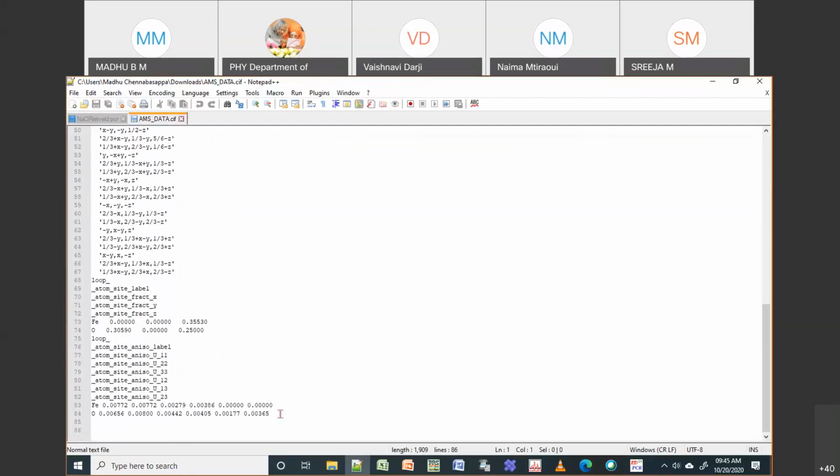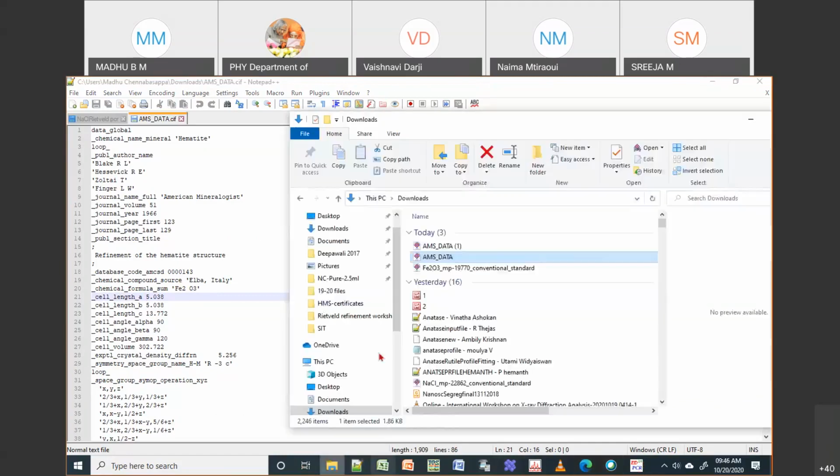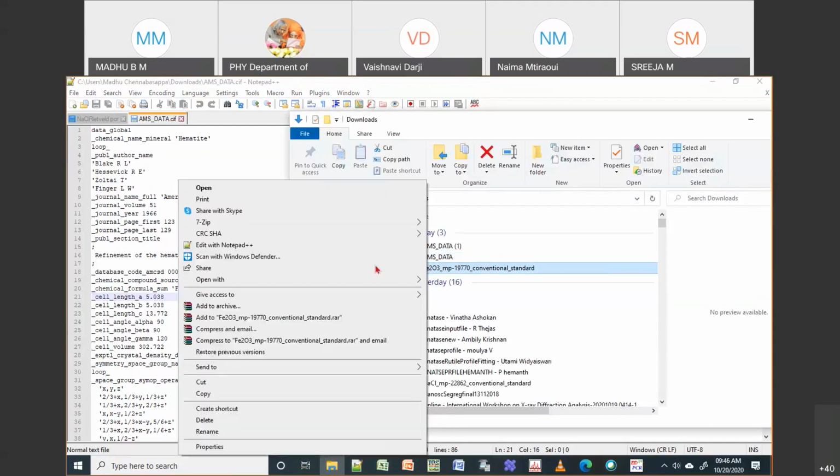You can see there are atomic coordinates, and then we also have the space group. Okay, so the space group is R-3c, and then you have the a, b, c parameters here. If you open the other one, which is from a different website, it would also have the same or similar data.